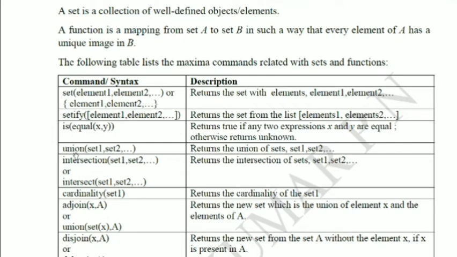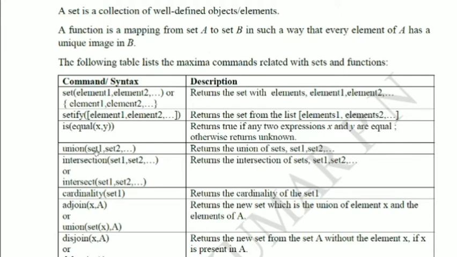Then the next command is union of, say, set A, set B. You don't have to write set A, set B. Simply you can write A, B, etc., or any sets. Then union of this will give you the union of these sets, that is, combining all the elements of these sets.